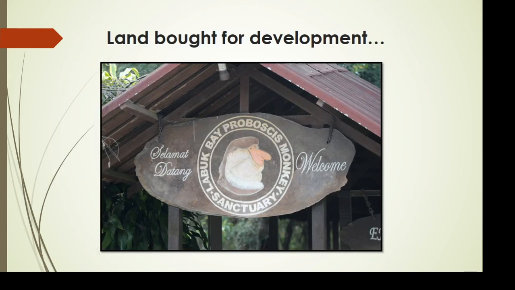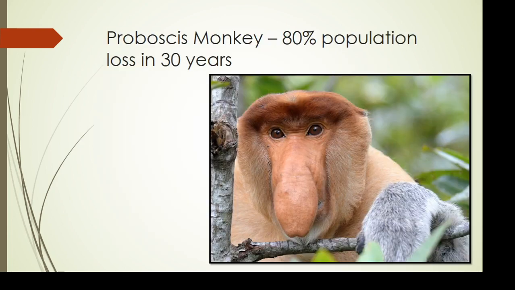This is going to be my last story for you from Borneo, and this is a place where we went to a sanctuary for proboscis monkeys. Proboscis monkeys are only found in Borneo. This gentleman bought this land because he was going to build condos on it. And some people approached him and let him know that the proboscis monkeys were living here and suggested that he try to make money off of the monkeys instead of by building condos. And he did. And it's a successful business.